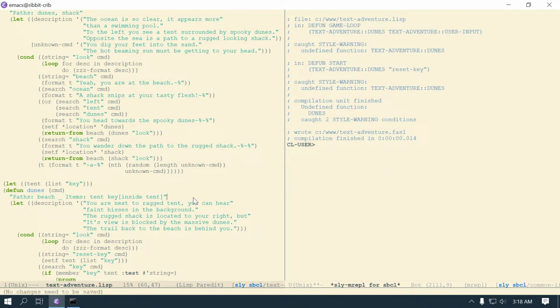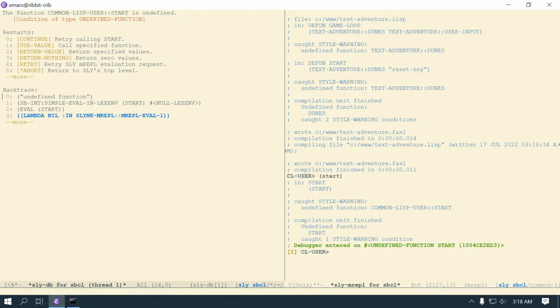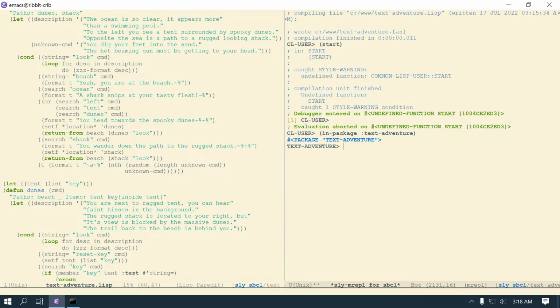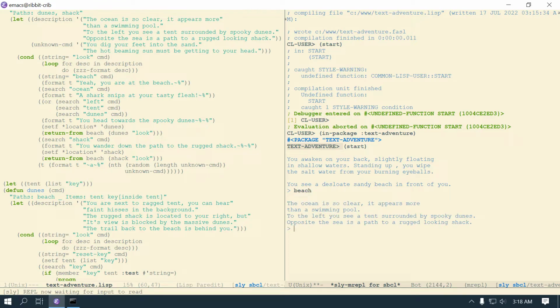Let's start. And because I restarted, I'm doing the same thing. So in package text adventure and then start. Then we go to, let's go to the beach, and then go to the shack, like run to shack,